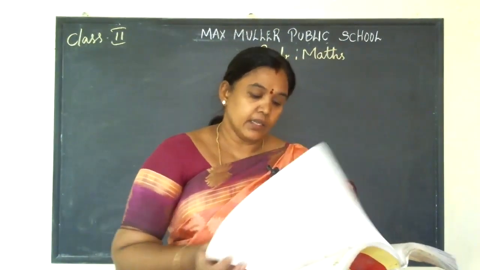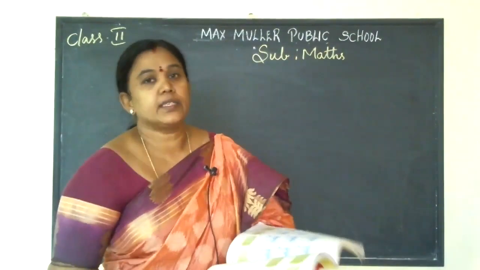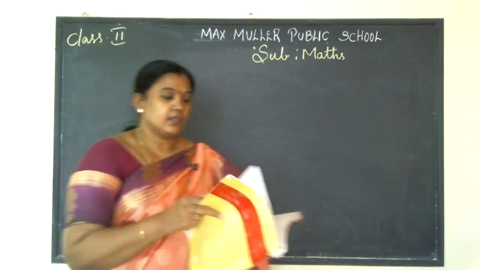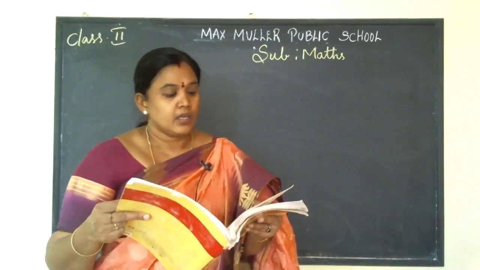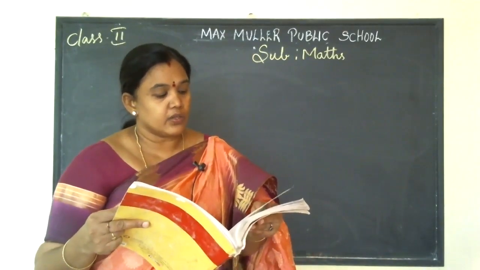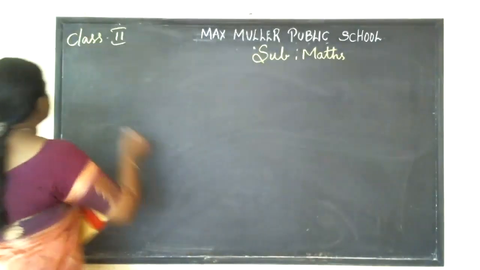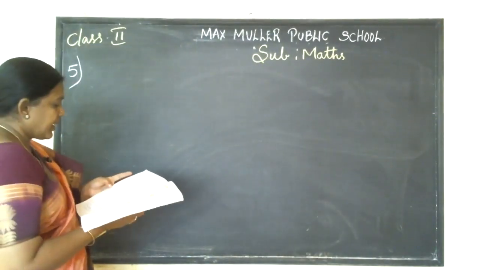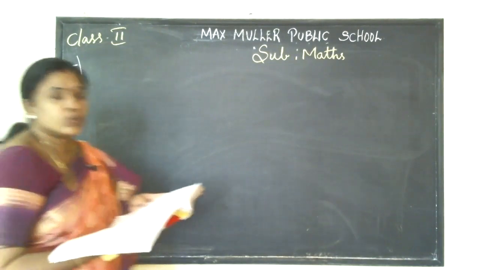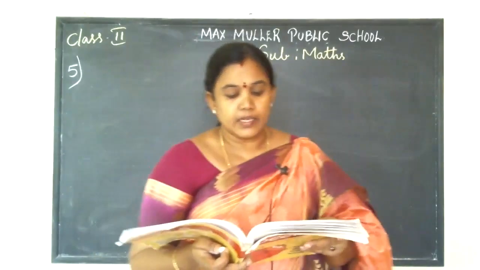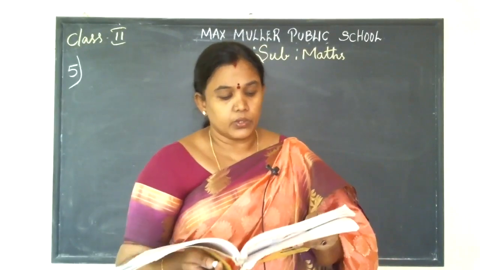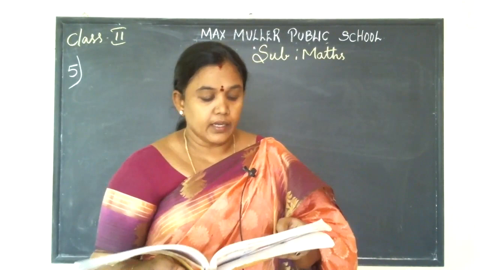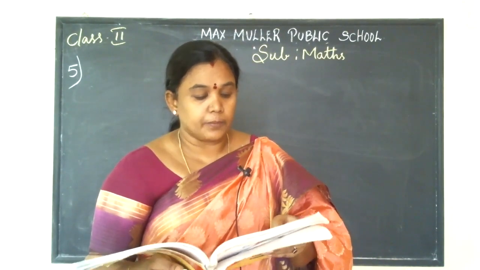Once again, I am saying that page number 153, everyday maths. We finished four statement sums. Now we are going to start the fifth one. There are 858 students in a school, out of which 723 are going on a school trip. How many students are not going on the trip? Now you want to find the students not going on the trip.